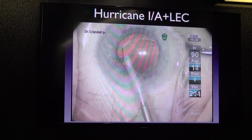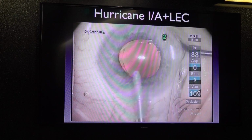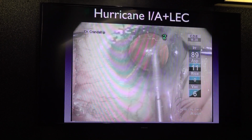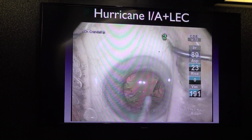here I'm using a silicone tip. And I'm using a straight silicone tip, which is nice for manipulations, a little tough for sub-incisional. And it's not the most efficient. The other thing that can happen with these reusable silicones is you get a nick in them, and you can pop the capsule with them. So